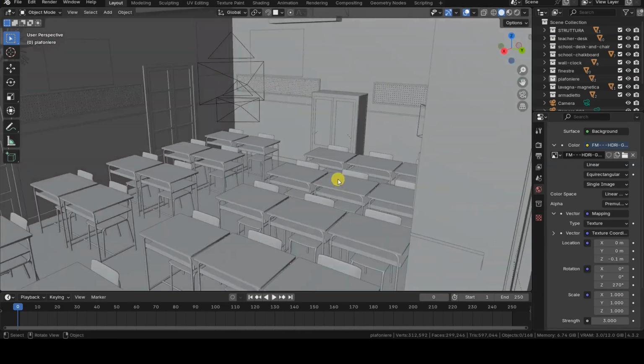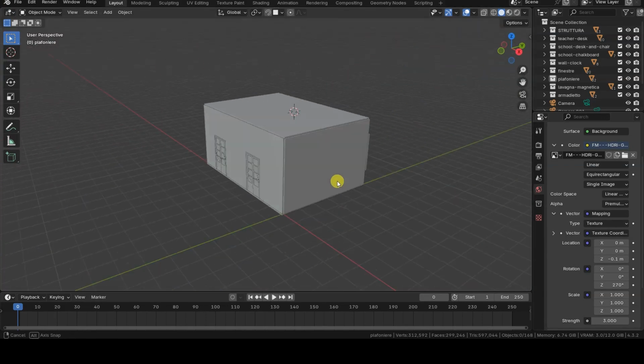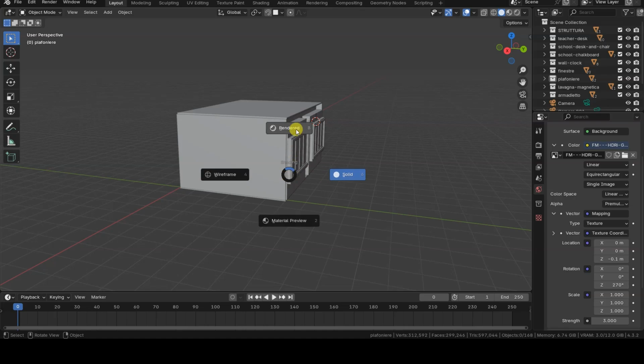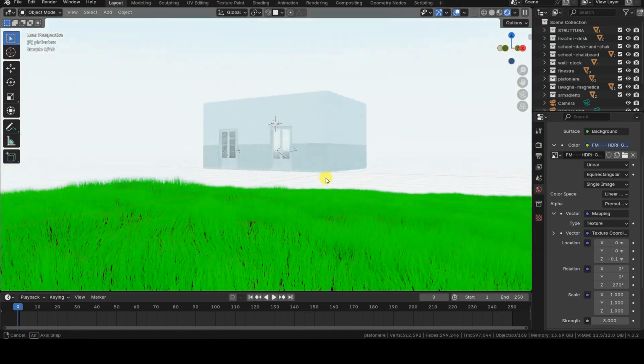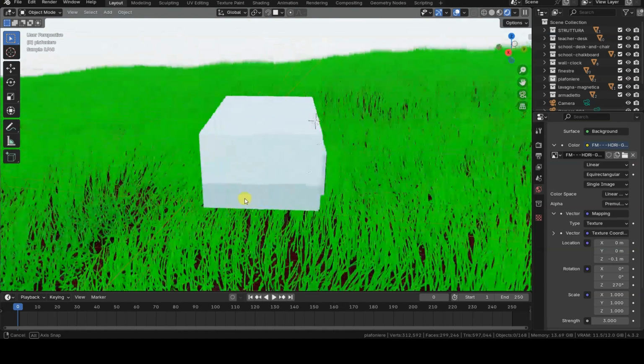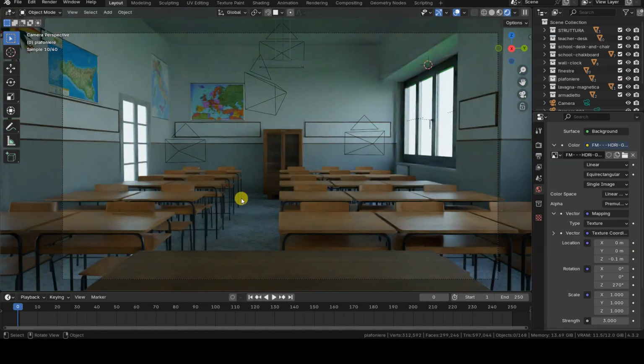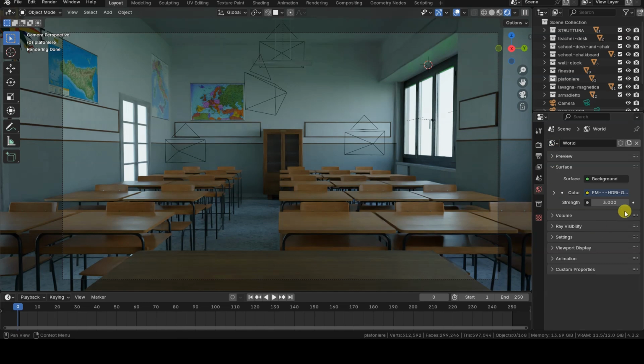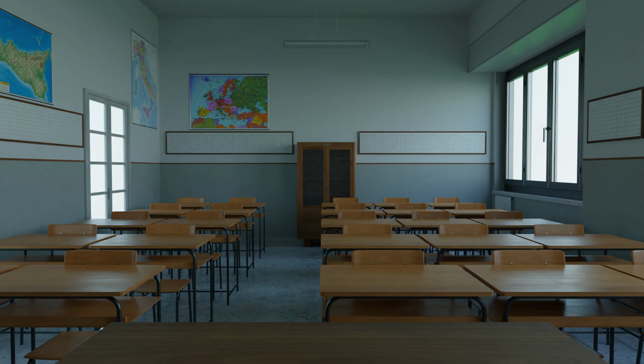The scene consists only of the classroom environment, initially without any external light sources except for an HDRI image, which works well for simulating skylighting, but not for direct sunlight. Lighting is the first of the three elements to adjust, after which we'll move on to the materials and, most importantly, post-processing and compositing. What I'm showing you here is the rendering you get with the initial settings.